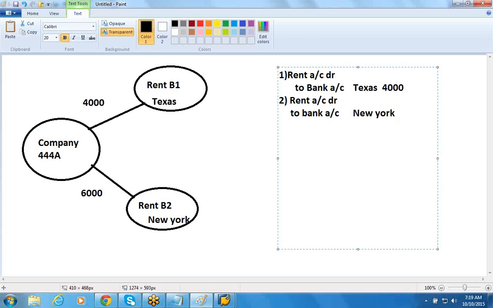So here we can mention the amount 6,000. So this is a method. Like this we can post individual transactions before document splitting is introduced. Before document splitting, but after document splitting we can post the transaction like this: